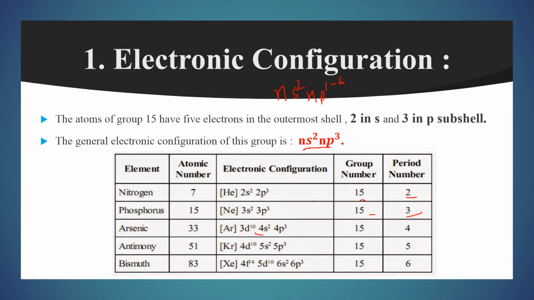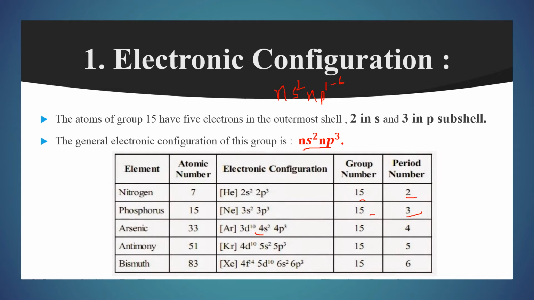So the electronic configuration for arsenic is argon 3d10 4s2 4p3. Similarly for antimony, atomic number is 51 and the electronic configuration is krypton 4d10 5s2 5p3. And as we come to bismuth, atomic number is 83 and the electronic configuration comes to be xenon